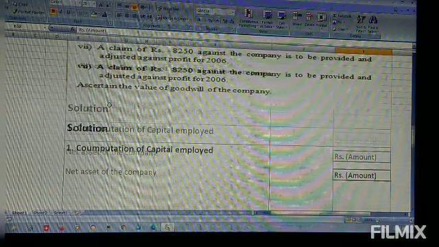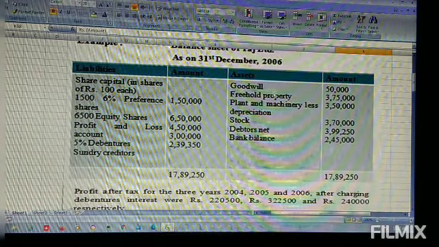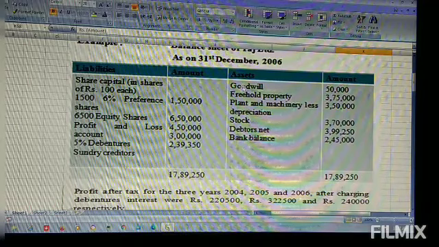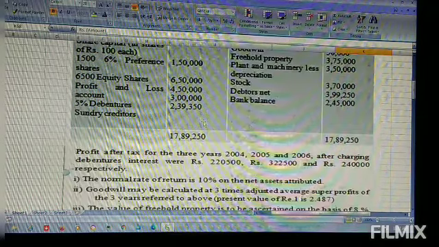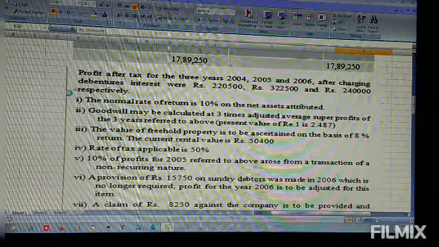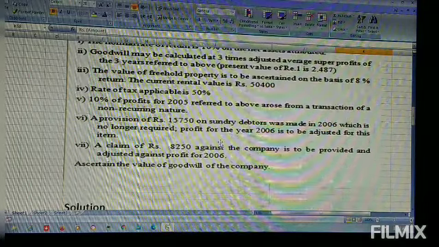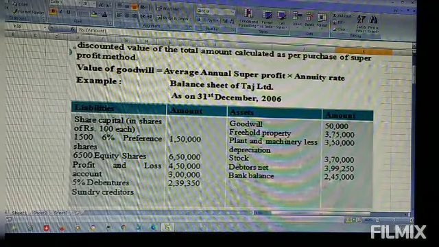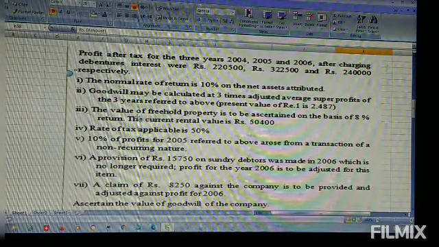Okay. One by one we will take the assets here. Goodwill, don't take. Because it's intangible, don't take it. Now we are calculating new goodwill, that's why you don't take this goodwill now. Now you take freehold property. For the freehold property, the information given here is that the value of freehold property is to be ascertained now on the basis of 8% return. And the current rental value is 50,400. On the basis of the rental value, we have to find out the market value of the freehold property. Don't take this amount of 3,75,000. We are told to take this amount.